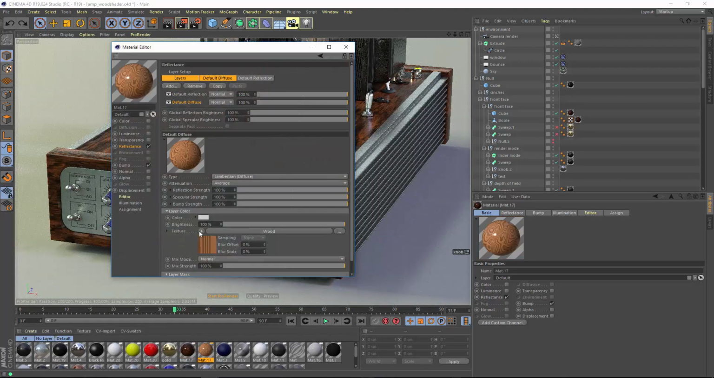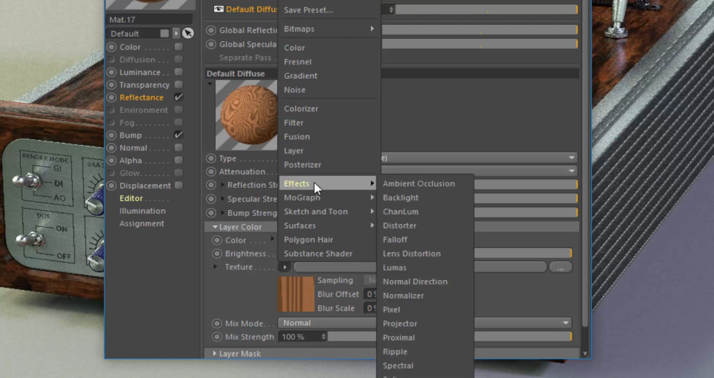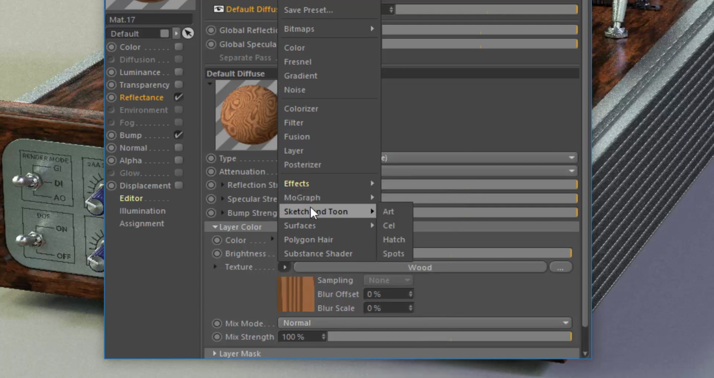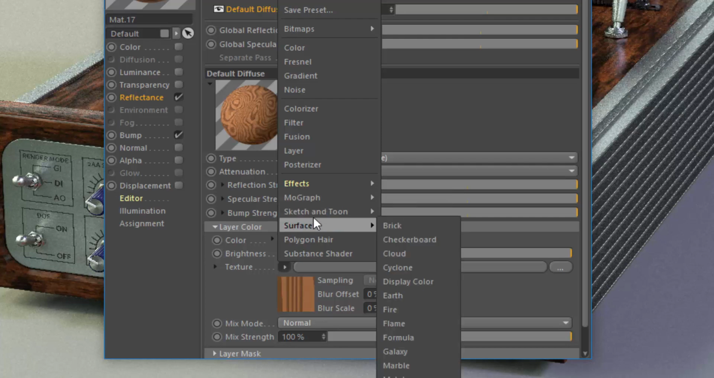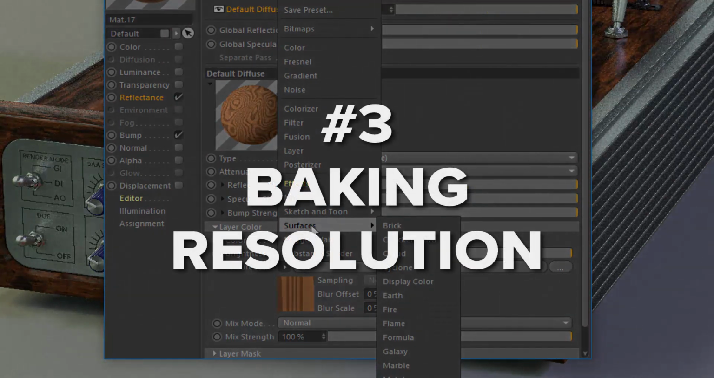Among the 2D procedural shaders, you'll find that the color, Fresnel, and bitmap shaders are natively supported by the GPU. The gradient and noise shaders are natively supported as well, as long as you stick to 2D modes. 3D modes aren't currently supported by ProRender. Most of the effect shaders aren't currently supported, as well as the MoGraph and Sketch and Tune shaders. Most of the rest of the surface shaders and other shader types are supported by baking them dynamically at render